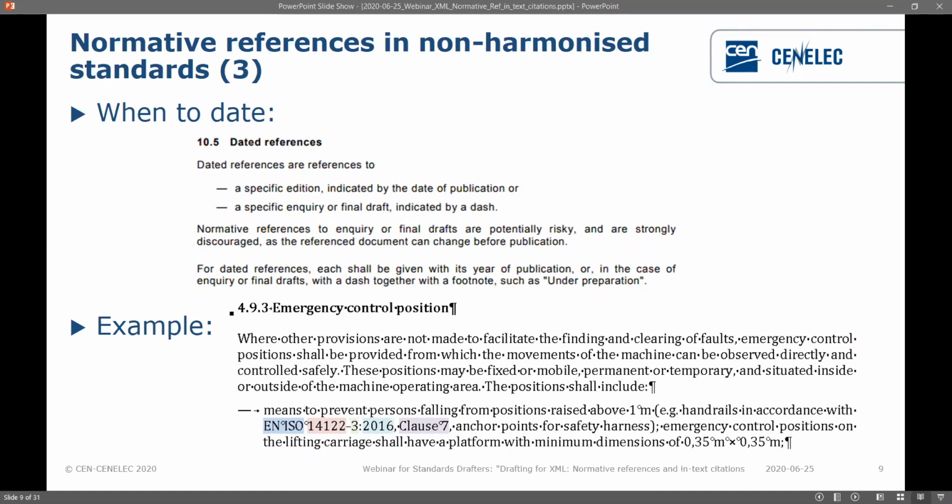Or if you want to refer to a subclause, a figure, a table of that reference, you need also to indicate the date. So you also, again, have the extract of the IR3, and below you have an example. So in this sentence, you want to refer to EN ISO, but specifically to clause 7. Because you want to refer to that specific clause, you need also to add the date of that standard. Next slide.